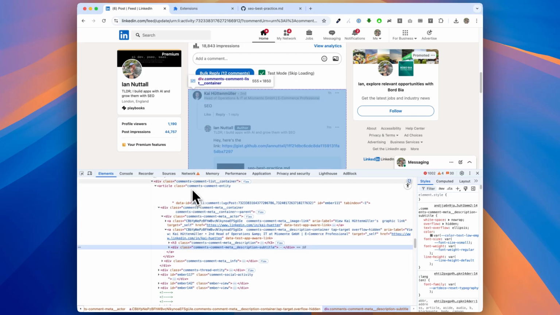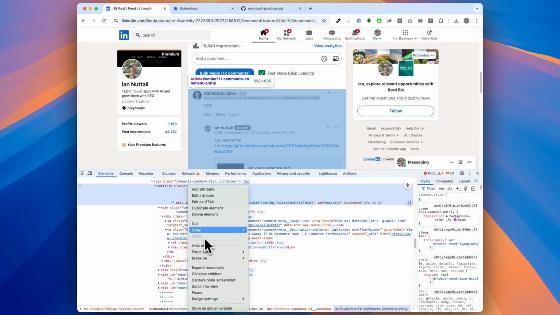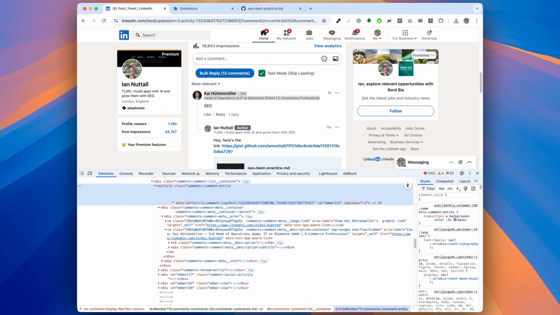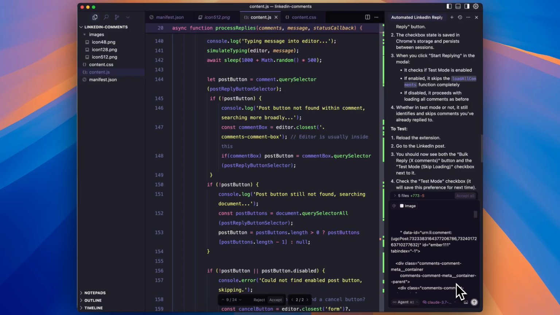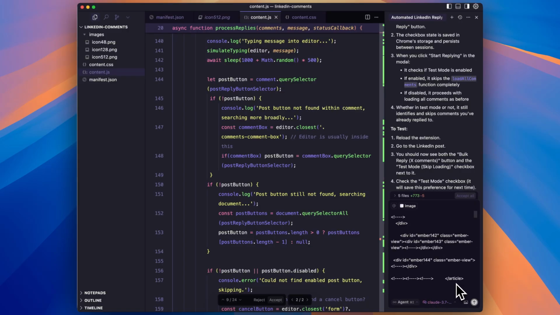That's why we're debugging it here. Copy this article again, copy element. The tool is still trying to send the comment to somebody who's already received it. As you can see in the screenshot and the HTML above, this shouldn't be happening. We should be able to check whether or not they've already received the message and skip them completely and instead go to the next comment.